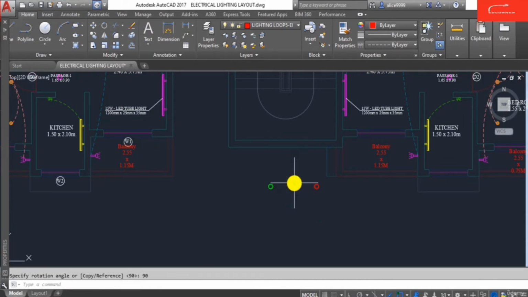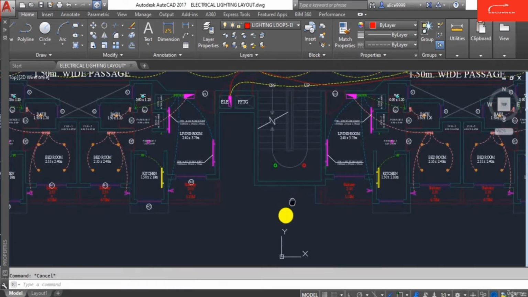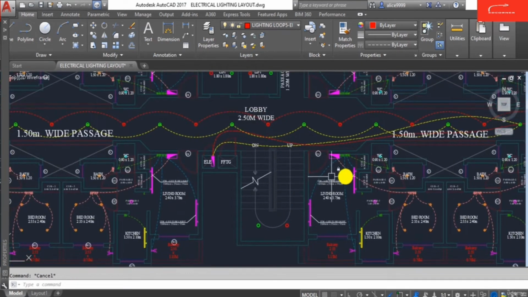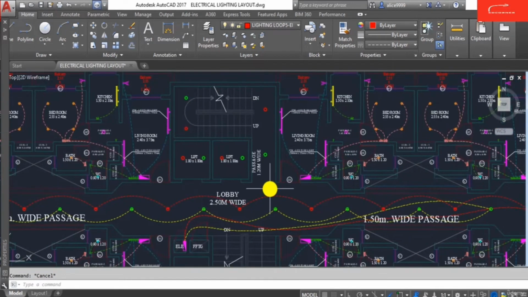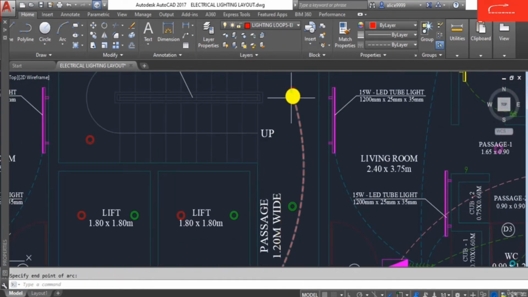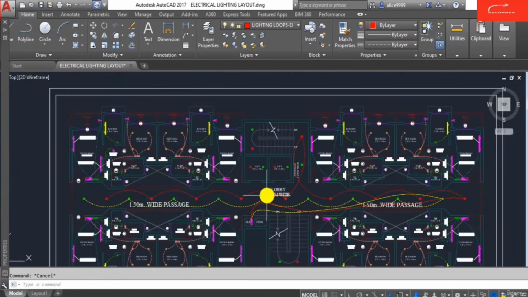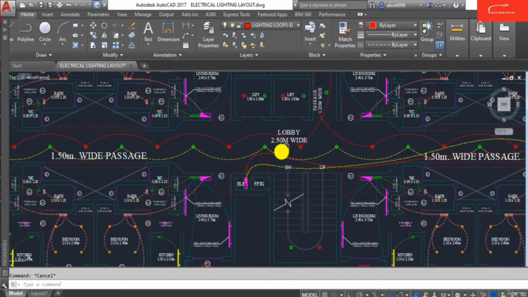Into this staircase, one is the normal and one is the emergency lighting, like this. At the mid landing area. So this also comes into the loop. Emergency lighting loop will become like this. Whereas